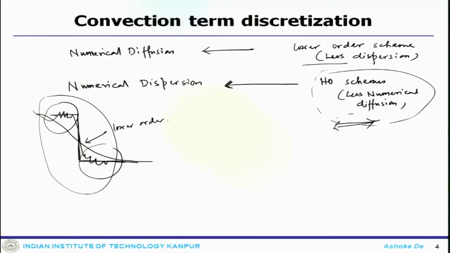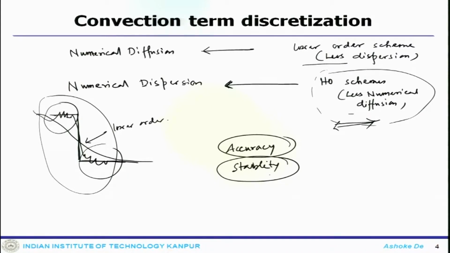On one hand you want higher accuracy, but at the same time you want stability. So, these are the two pertinent questions that one has to answer: on one hand accuracy, on the other hand stability. Higher order schemes are accurate, but not very stable. Lower order schemes are not accurate, but more stable. So, we need to devise, or rather that provides the platform for finding a different kind of scheme or class of schemes which will be of higher order plus stable.